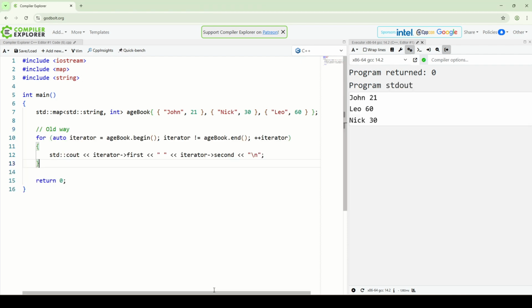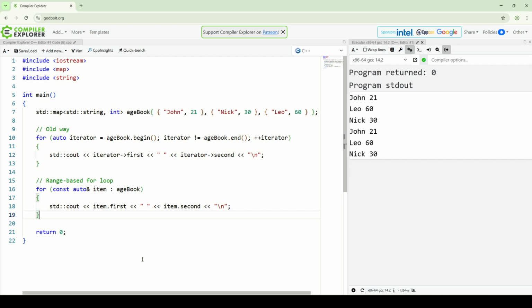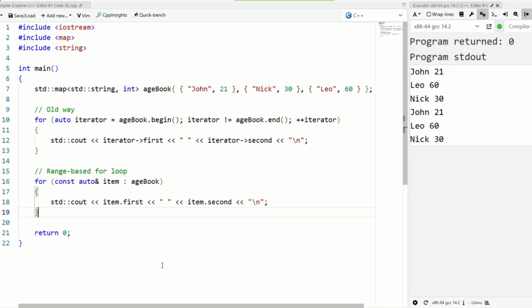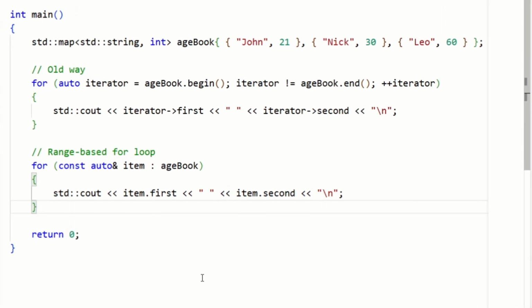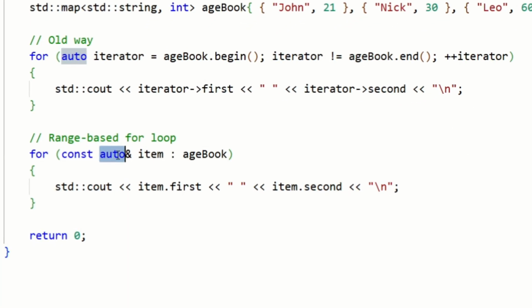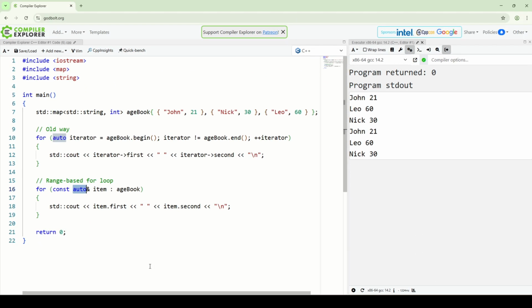This is the old way to iterate a map using iterators. The code becomes much simpler with range-based for loops. The elements of a map are key-value pairs, so we use auto here. Much cleaner, right? Note that the loop variable item is a reference in this example in order to avoid creating